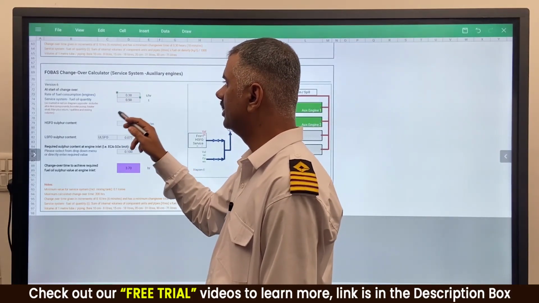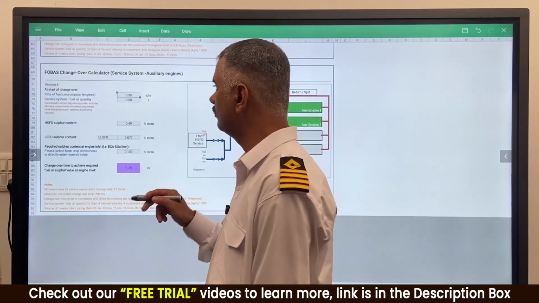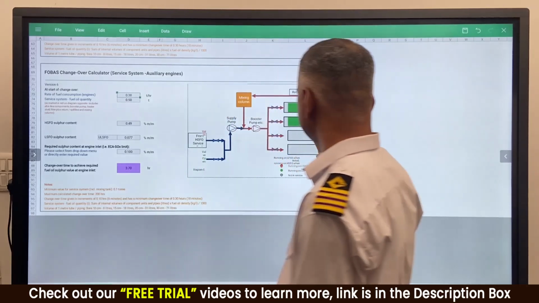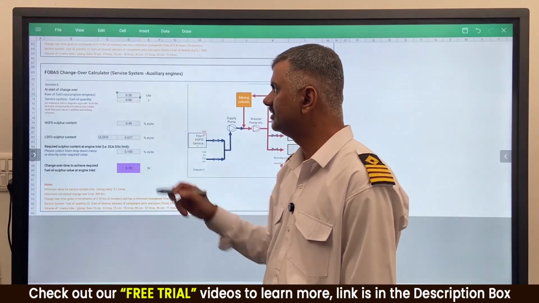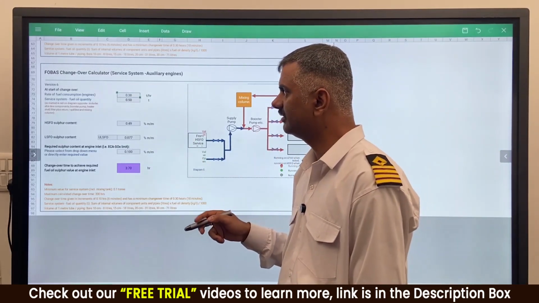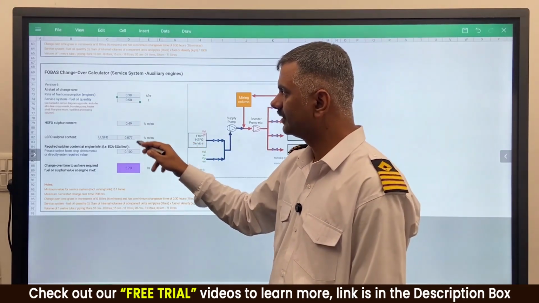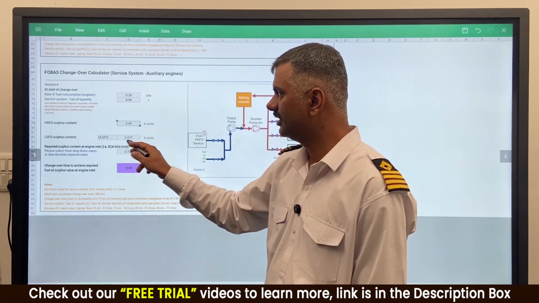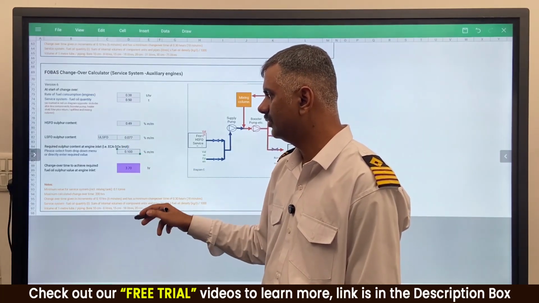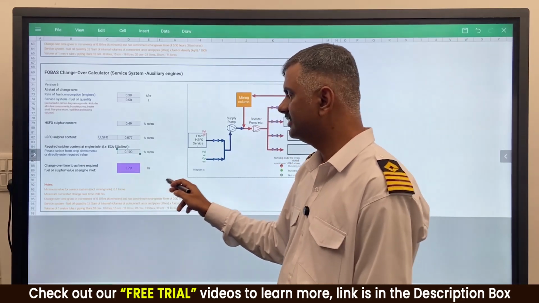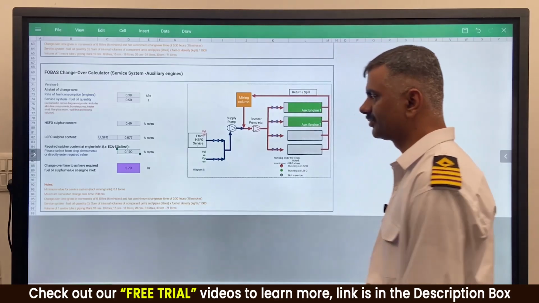So the rate of consumption in the auxiliary engine is 0.38 tons per hour. Right now I am running, say, one auxiliary engine or two auxiliary engines, I have to show in this one. So with two auxiliary engines I am consuming 0.38 tons per hour. The fuel oil quantity remaining in the system is 0.5 tons. The sulfur content is 0.49. From there I am coming to 0.77. 0.1% is the selected value, and at the engine inlet, to achieve this 0.1%,